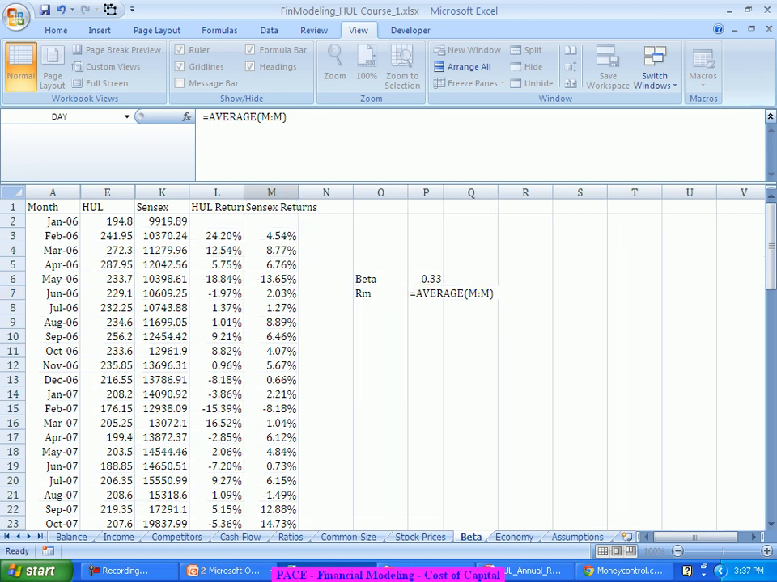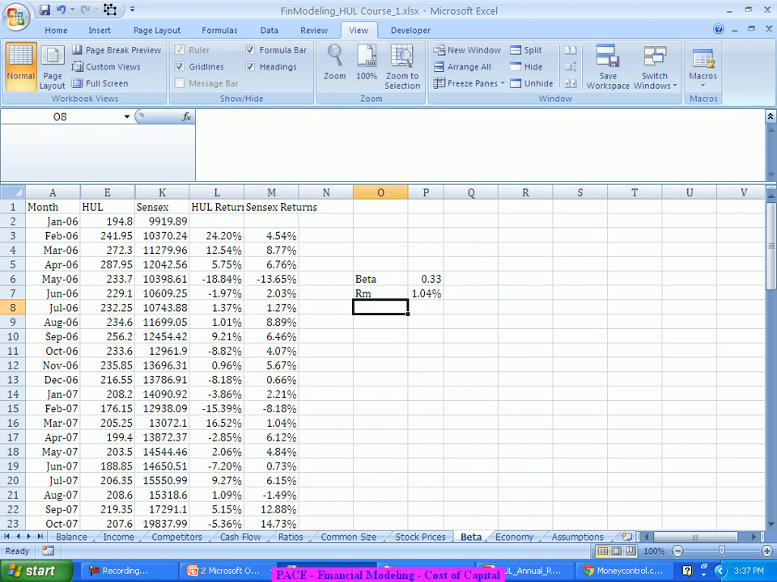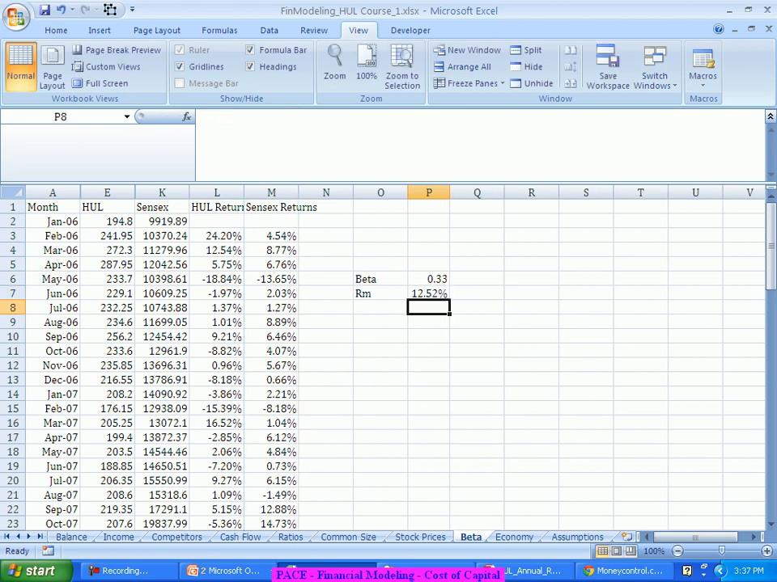This is the monthly return. So it says monthly return is around 1.04%. But I want annual return. So I multiply this by 12, which says Sensex is giving around 12.52% annual return. This is my RM. Now what I can simply do is,